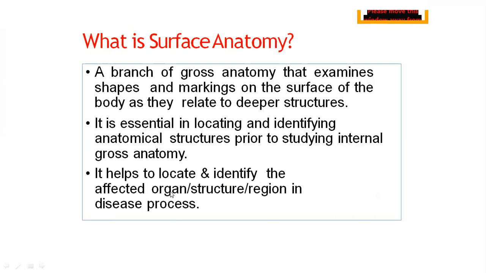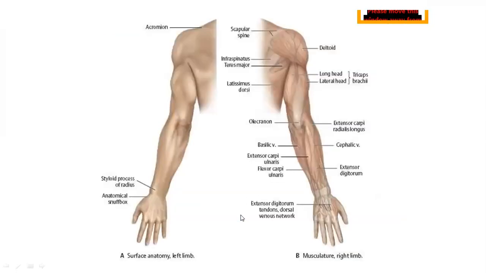That's what you do when the patient comes to you. We do not directly cut and we do not start working over the body to do any surgical procedures. We need to palpate and feel for the structures so that we locate the underlying structure and try to determine if there is any existing underlying pathology. That's how surface anatomy is useful for us clinically.